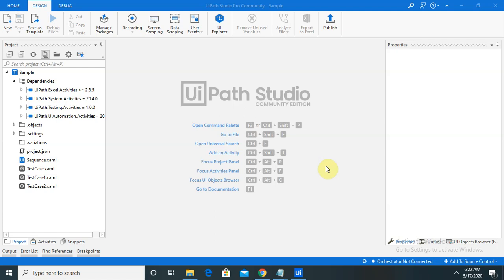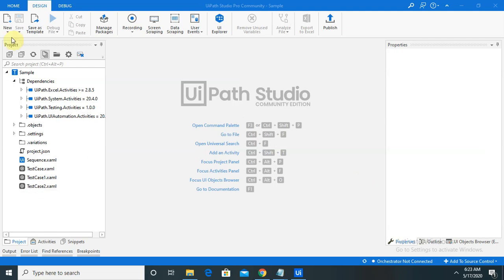The prerequisite for this session is that we have to install the Test Management Suite UiPath setup. Otherwise, we have to install the UiPath Studio Pro license. That license is available on the community website, so you can download it and use this feature on your desktop or laptop.